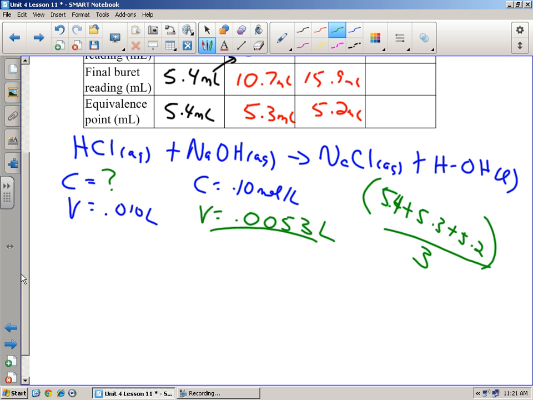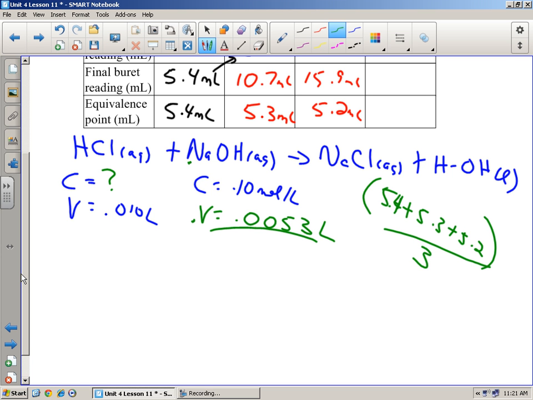On average, how many milliliters does it take to neutralize that? On average, it takes about 5.3 milliliters. Well, technically 5.4, 5.2, and 5.3, but on average, it takes about 5.3 milliliters of sodium hydroxide to neutralize that acid,